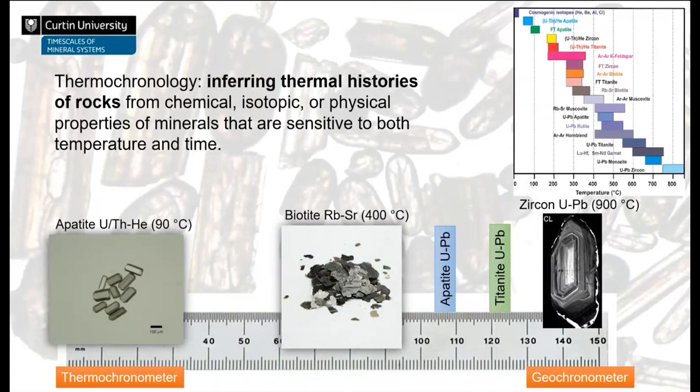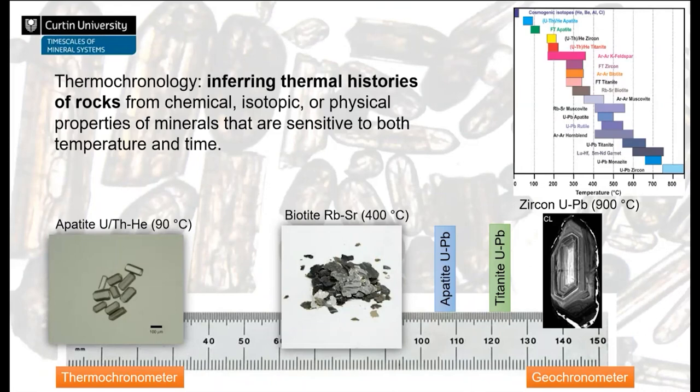So at this end, we're looking at systems such as zircon, uranium, lead that close at a high temperature, so they accumulate all of their daughter product. Whereas isotopic systems and minerals further down this end of the diagram close at lower temperatures. And this is really important for us because it provides a mechanism to track a parcel of rock through various time temperature points. So you can see the common uranium lead minerals up here, monazite and zircon, whereas